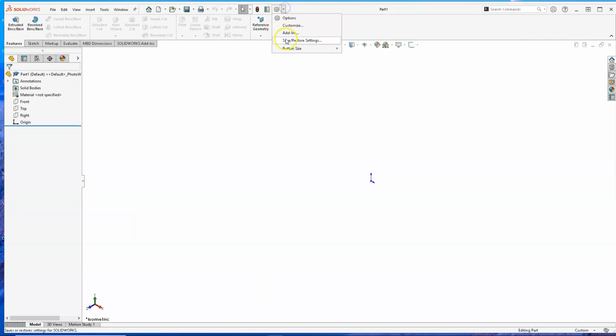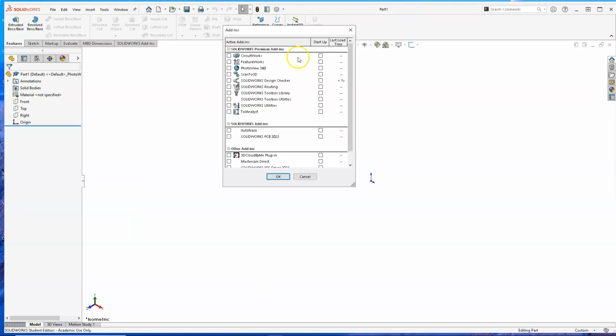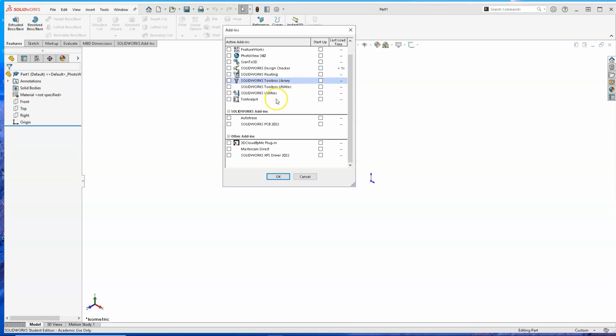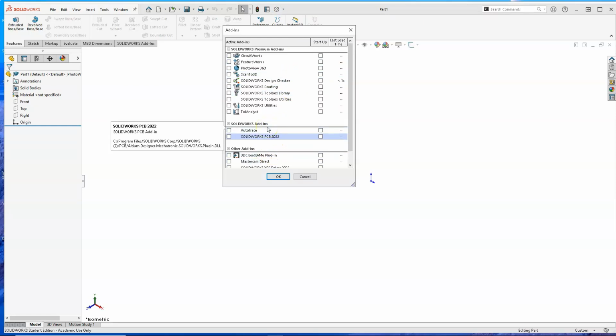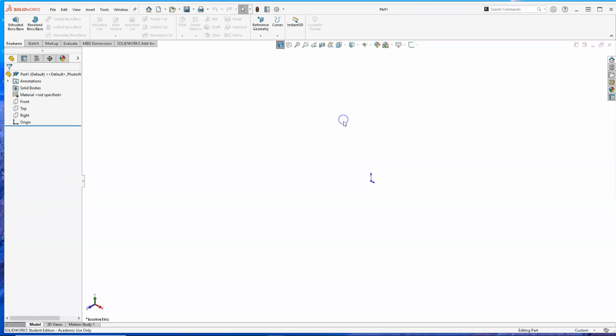Next on that was the add-ins, and this is everything that is installed. And after all that, I don't see the CAM, so I'll have to check into the SolidWorks CAM on that one. All right, and then continuing on after jumping around, minimize the